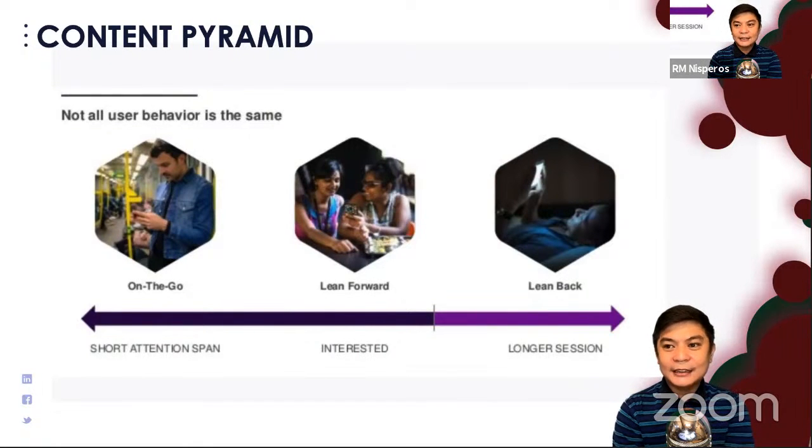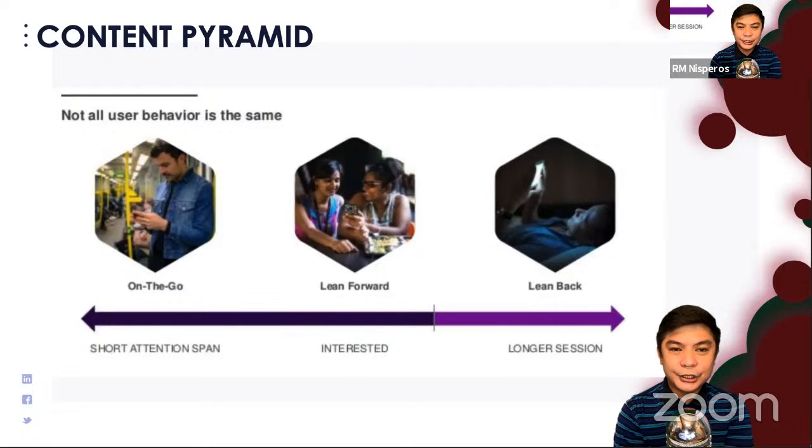During that time we can open our phones and read content, view videos, read articles, and close anytime when our name is called. So parang ganun siya. Literally, we are at the edge of the seat, and anytime we can close. Medyo merong time. It involves minutes. So yun yung lean forward.